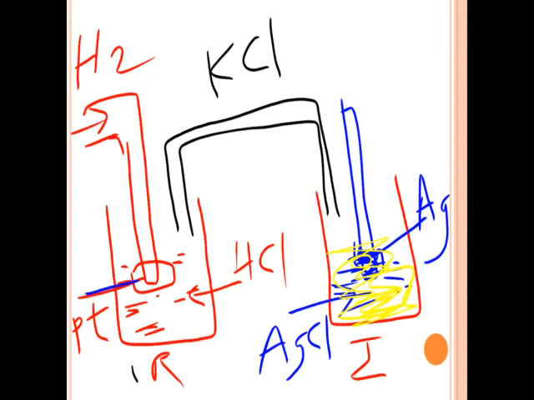So this is the reference electrode. In it, suppose, the hydrogen platinum reference electrode is present. It consists of platinum metal, it is closed, and hydrogen is entered, so it is a closed model, and the solution here is HCl. The indicator electrode is made up of silver chloride, so it consists of AgCl solution. Here the electrode is silver metal, in which you add the sample. The black line shows the salt bridge, which is made of KCl.